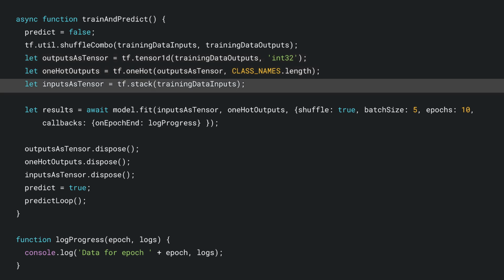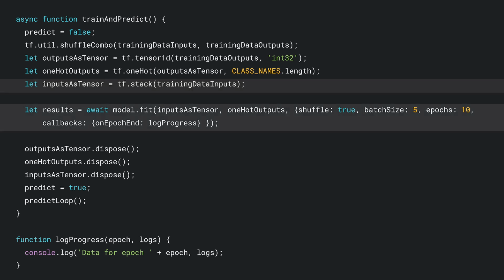Now currently, training data inputs is an array of tensors. In order to use these for training, you'll need to convert the array of tensors to become a regular 2D tensor. To do that, there's a neat function within the TensorFlow.js library called tf.stack, which, as you may have guessed, takes an array of tensors and stacks them together to produce a tensor as an output instead. In this case, a tensor 2D is returned, which is what you need for training a batch of one-dimensional inputs that are each 1024 in length, containing the features recorded.